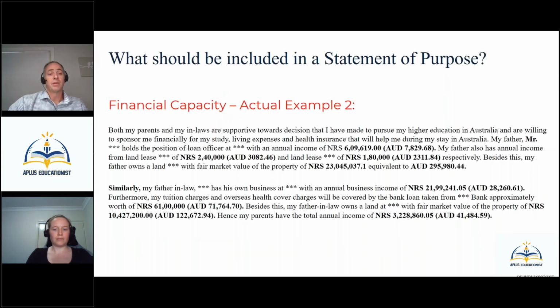And again, you'll find for the second student, they've written it fairly differently. So again, it's more information than the previous one, but still not a huge amount of information there. But the student goes into a lot more detail about the positions that their family members hold, the income that they receive from those assets, and then how they intend to fund the cost of the study. So a lot more information in relation to that particular example. But again, very easy for us to be able to understand the student's financial capacity position overall, and then make it much easier for us to be able to reach a conclusion.